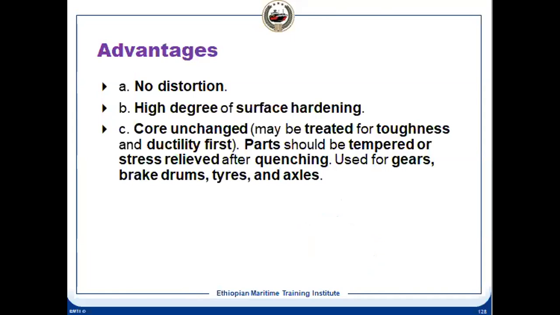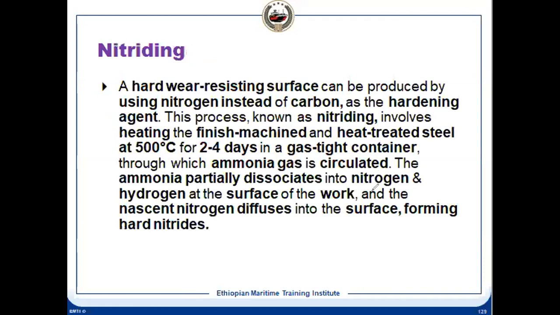So next is nitriding. Like we have seen in the crankshaft, we do nitriding, which is a hard surface hardening. So we harden the crankshaft surface. In this case, we use ammonia. In nitriding, what happens? Suppose we keep circulating ammonia in the component at an elevated temperature of around 500 degrees centigrade for 2-4 days. So what will happen?